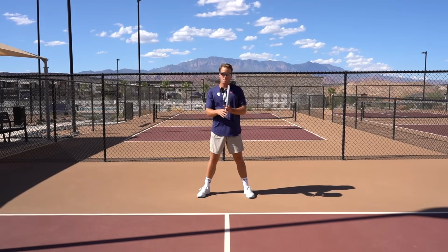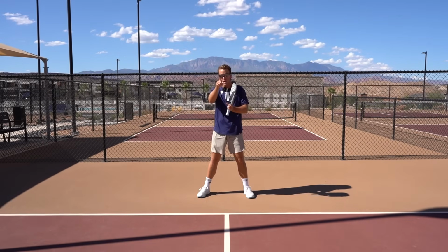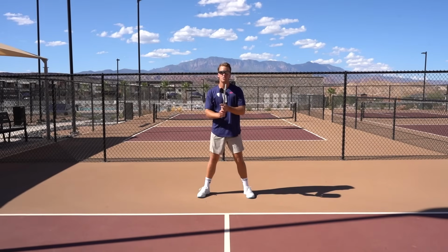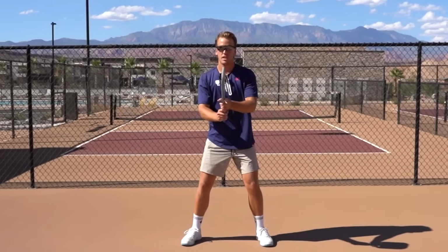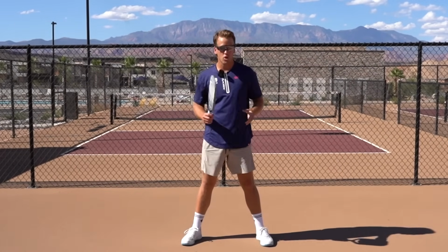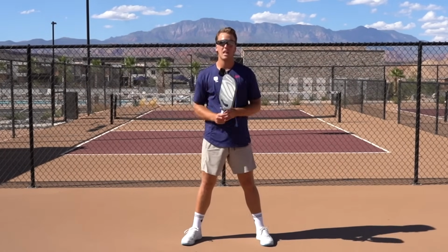If you think about the two-handed backhand and hitting a volley, you're going to be creating a C motion as you hit through the shot. So she's creating this C as she hits through the shot. So she's already starting up. So she's here, down, out, up as she hits through the shot. So this makes the most sense for her specific ready position, because that's going to allow her to hit the optimal